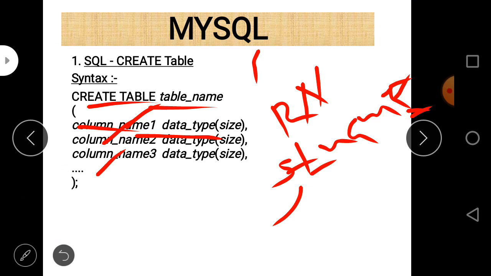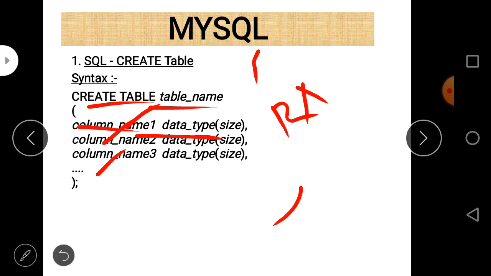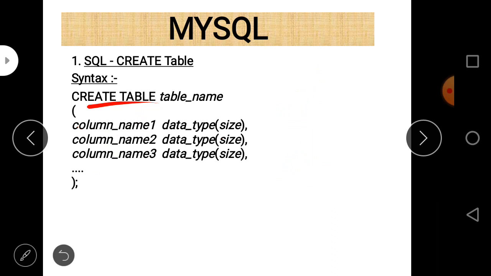So you can take underscore, and you can easily take a small identifier name for column name 1, column name 2 and column name 3, and then after that their data types, and if the size is there, then also mention the size. For some data types there is no requirement of size, such as int, but some data types have a size, such as char and varchar. So declare this.